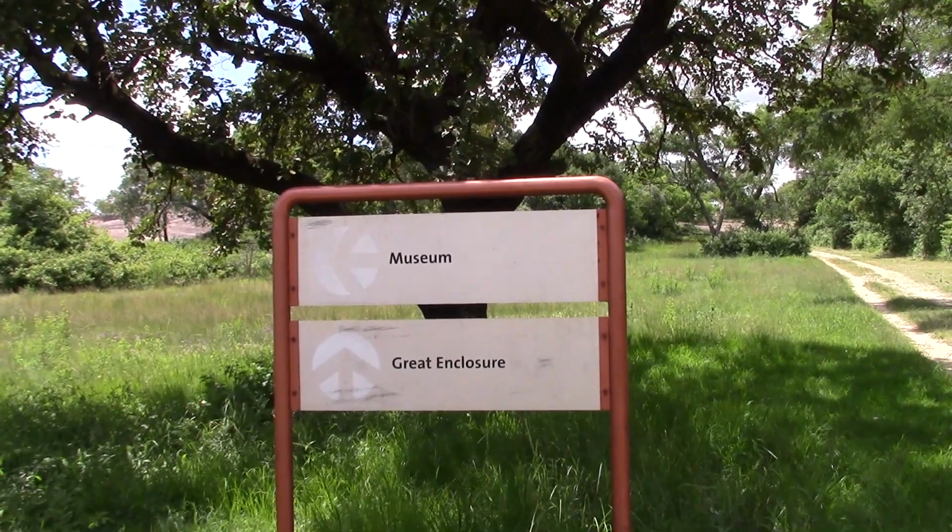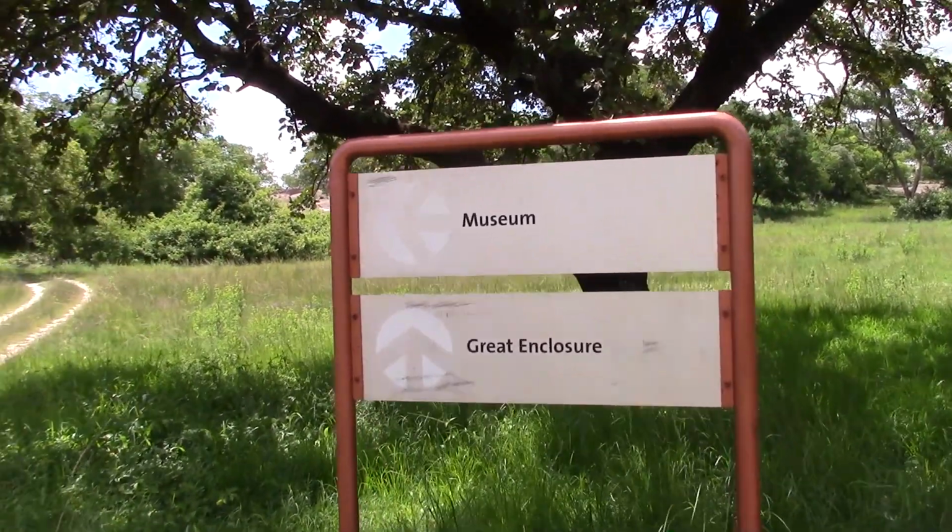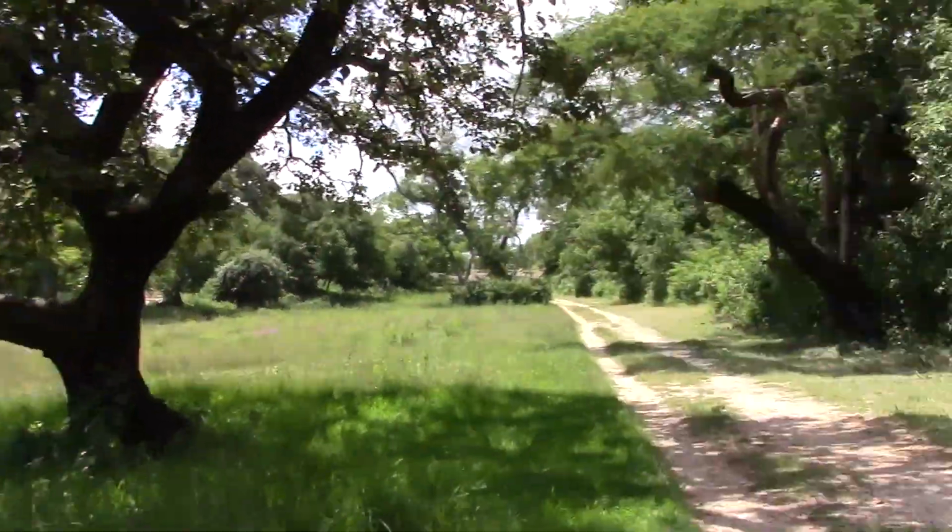Here we have another fork in the road. One goes to the museum, one carries on to the Great Enclosure. Coming up ahead of me,